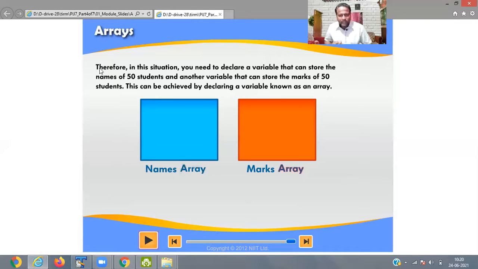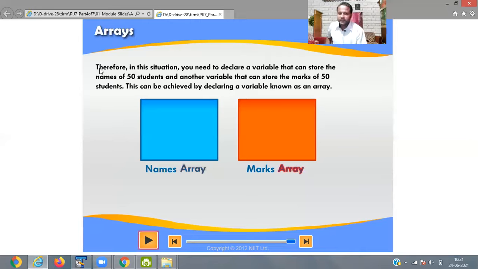If you want to store numeric information, you store it in one variable. And if your program wants to store string or character information, then you create another location where you store all the values. So that is called what?